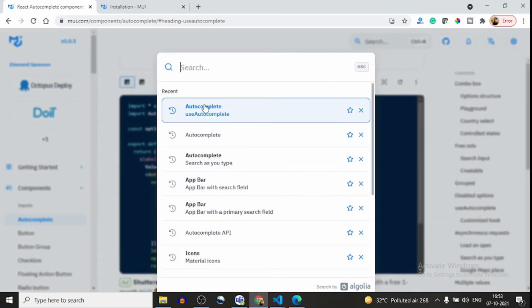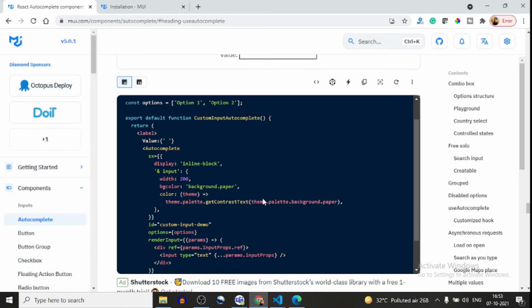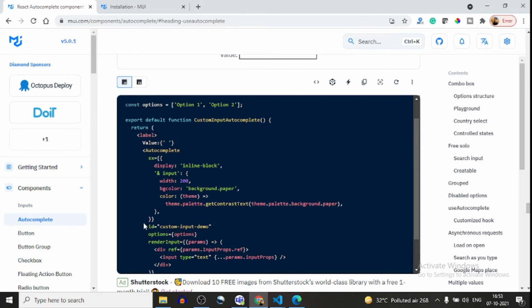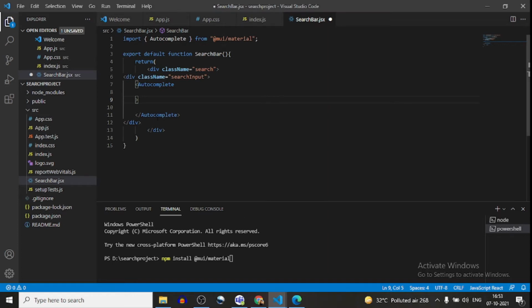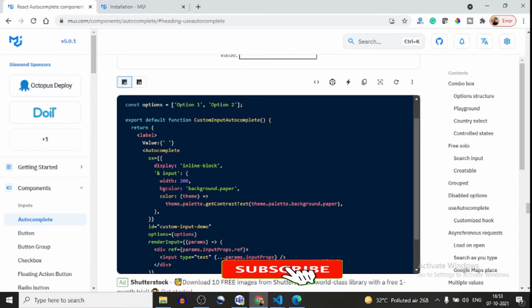Here you have to type Autocomplete. Then first I will copy the demo ID and paste it here, and second is the options.